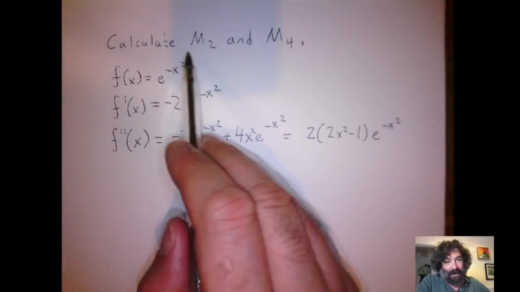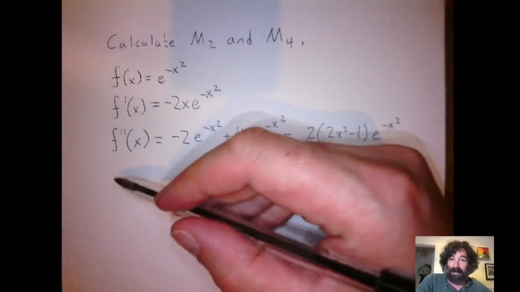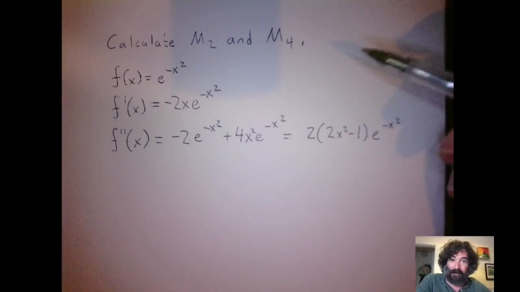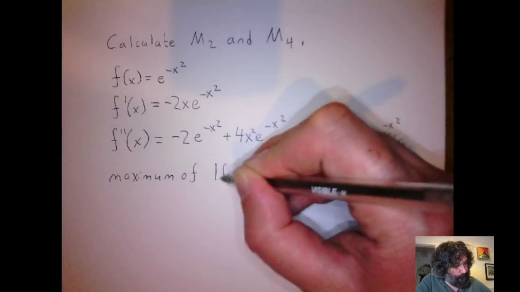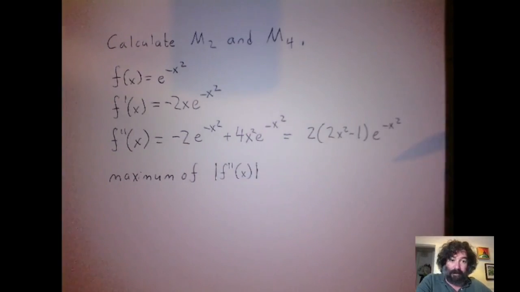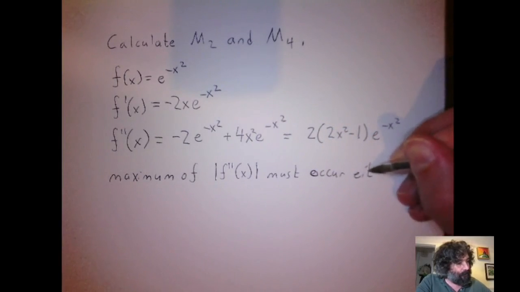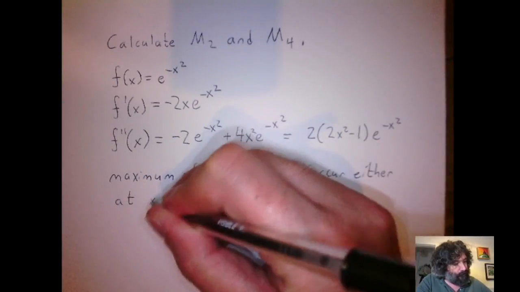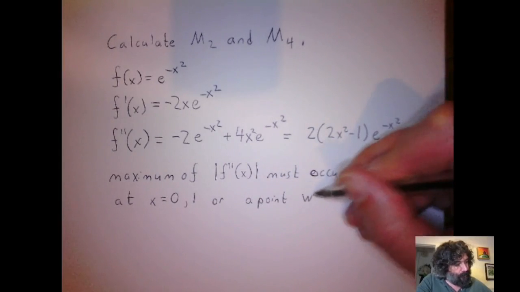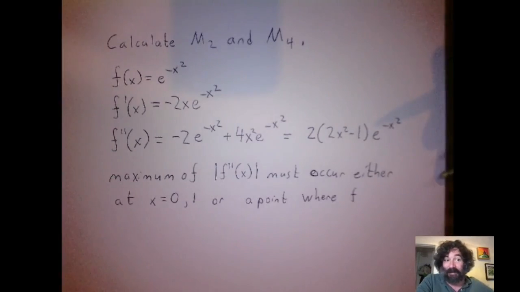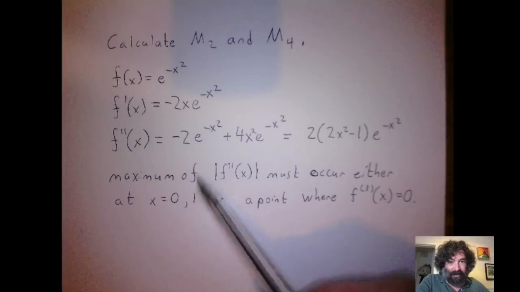So to find M2, we want to find the maximum value of the second derivative on the interval from 0 to 1. And actually, it's the maximum value of the absolute value, the modulus, of this function. The maximum of the modulus of the second derivative must occur either at an endpoint of the interval, so the endpoints are 0 and 1, or at a point where the third derivative is equal to 0. So that's the derivative of the second derivative. All right, so we can easily calculate the values at the two endpoints, 0